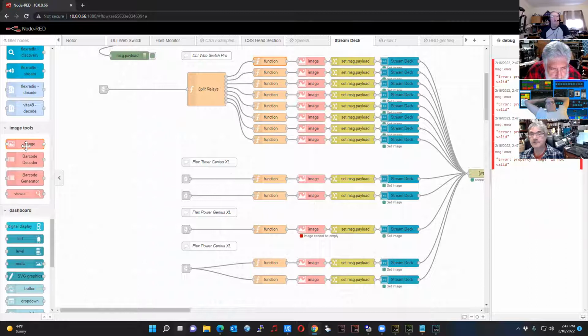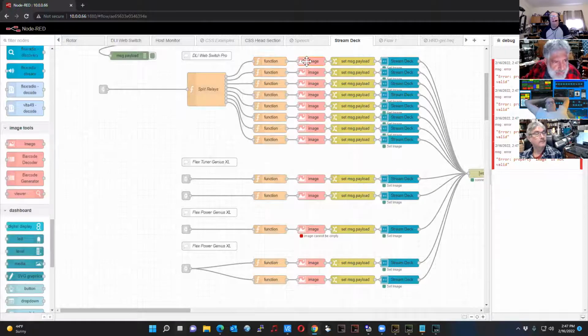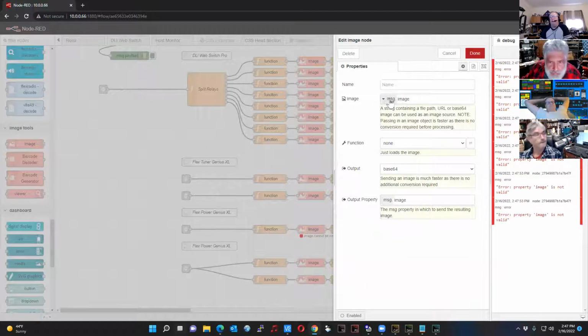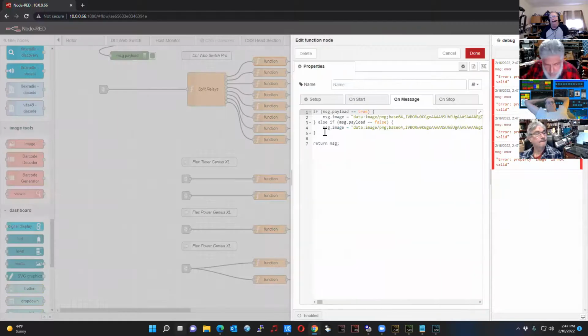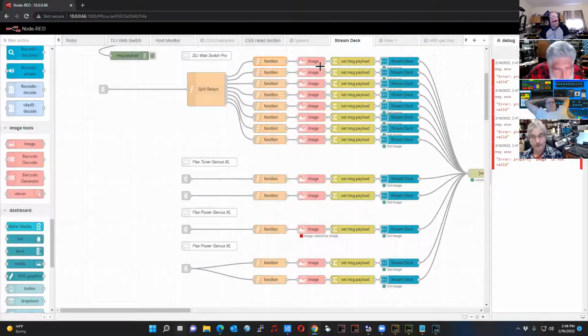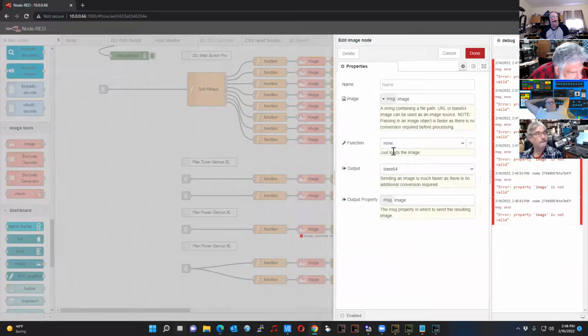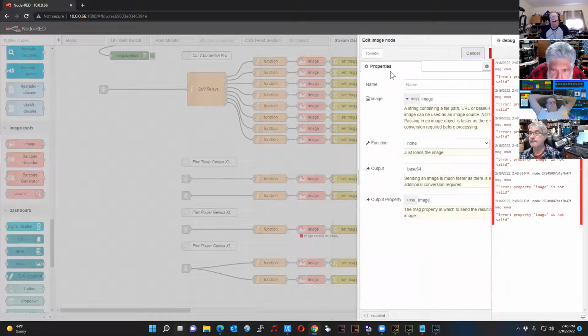And the one we use is image. And so what it does is it takes that base 64 information, it sends it into this node. It says that message.image, which is the name that we're using in the function node, message.image. It's saying we're taking that message.image in, and it's base 64, and the output property, we're still keeping it